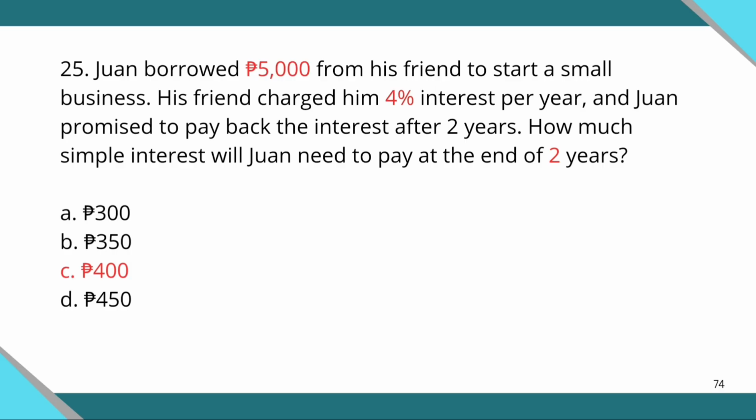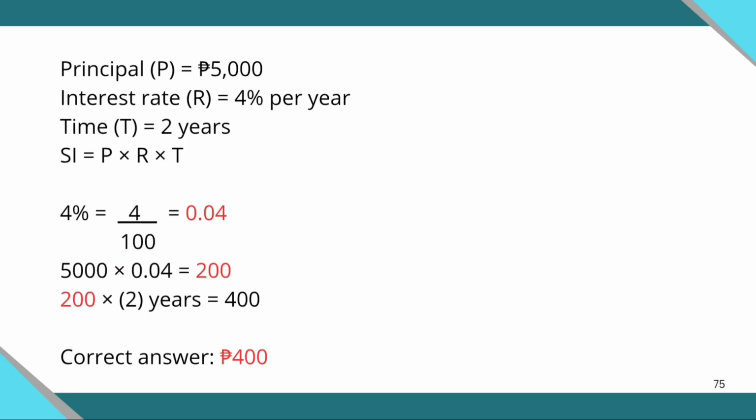Juan borrowed 5,000 pesos from a friend at an interest rate of 4% per year. He agreed to pay the interest after 2 years. The given information is the principal, which is P equals 5,000 pesos. The interest rate, which is R equals 4% per year, and last is the time, which is T equals 2 years. To calculate simple interest, we use the formula SI, which is simple interest is equal to P times R